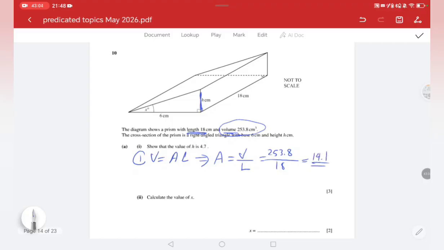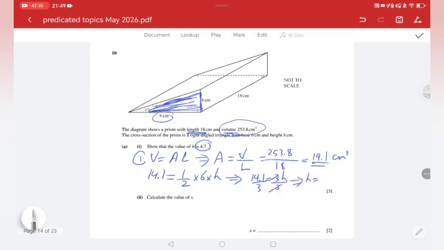This 14.1 is the cross-section area, which is this part. This part is a right angle triangle, so 14.1 equals 1/2 the base, which is 6, times the height we need to find. So 14.1 equals 3h. If you divide both by 3, h equals 4.7